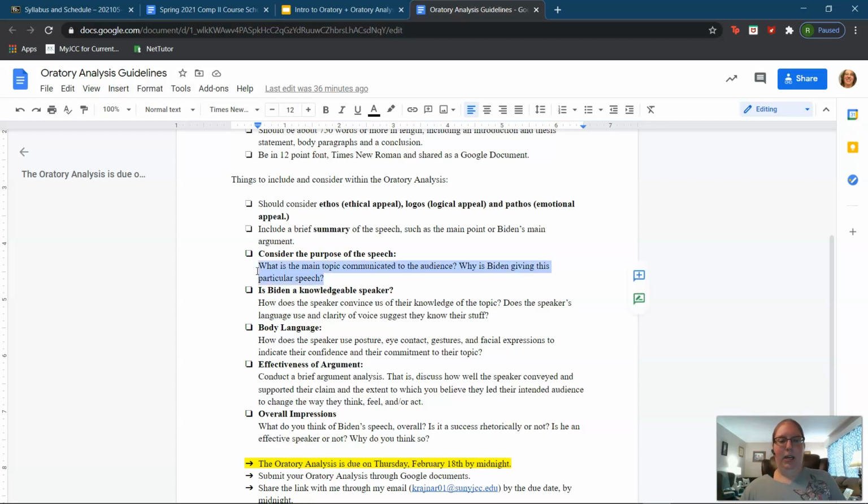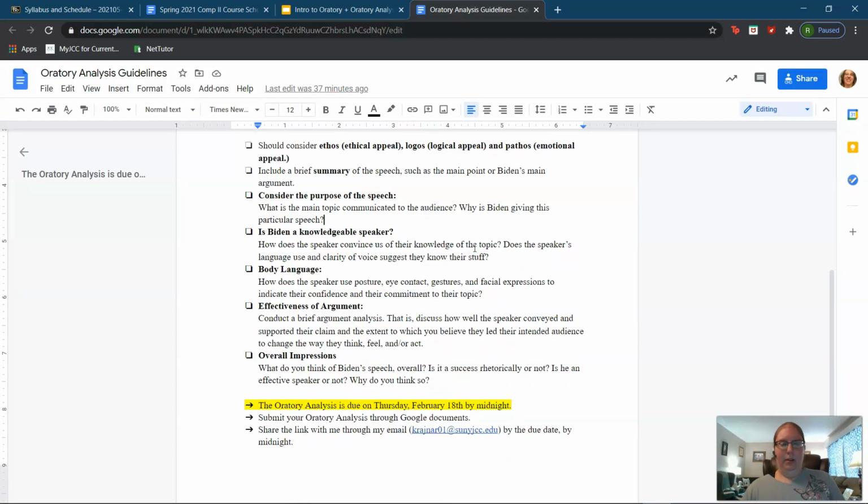Now, just to give a hint, a lot of his inauguration speech has to do with unity, or bringing the American people together. So to what end does he talk about unity, and what sort of importance does that term hold throughout his speech, especially if you take a look at the structure of the speech?